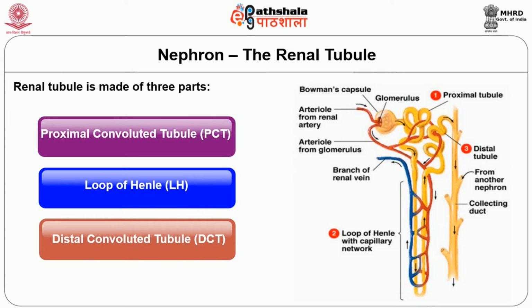The proximal, distal and the collecting tubules are located within the renal cortex, while the loop of Henle is within the medulla. The first part of the collecting tubule is within the renal cortex, while the later part is in the renal medulla. Now, let us deal with each one of the parts one after another.